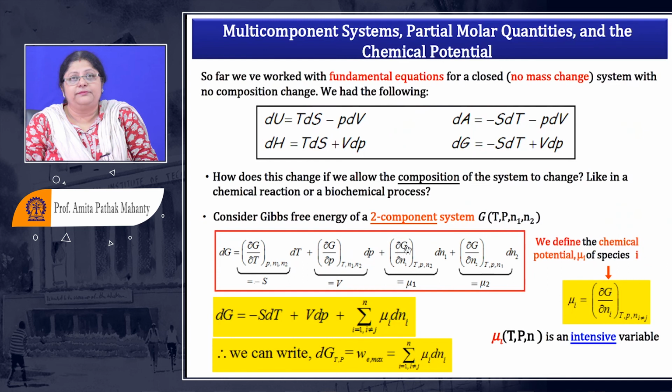the change of G with the number of moles of the first component at constant temperature and pressure, the moles of the other component being fixed, that is going to be defined as the chemical potential of that substance, let us say mu1. Similarly, I have two components as I have stated. So G should change with the composition of the second component as well. So here you see what I have written, the change of G with respect to N2, the number of moles, and that has to be carried out at constant temperature and pressure, keeping N1 constant, and the total differential is dN2.